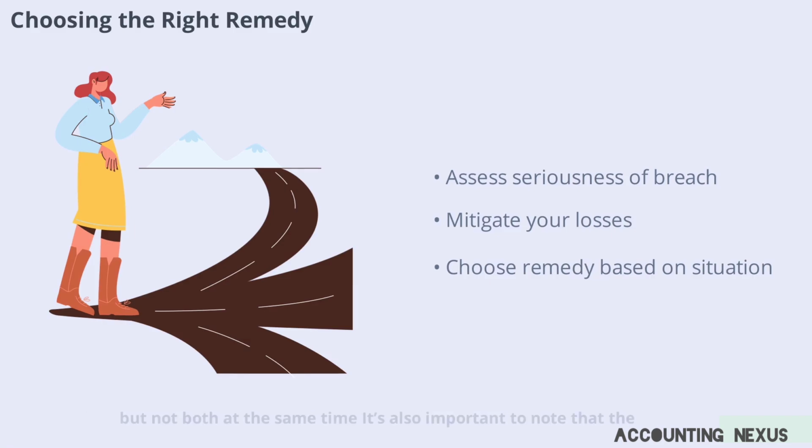It's also important to note that the harmed party must try to minimize their losses, a principle known as mitigation. In some cases, a prohibitory interdict can be used to prevent a breach before it happens. By understanding these principles, parties can make informed decisions about how to protect their interests when a contract is broken.